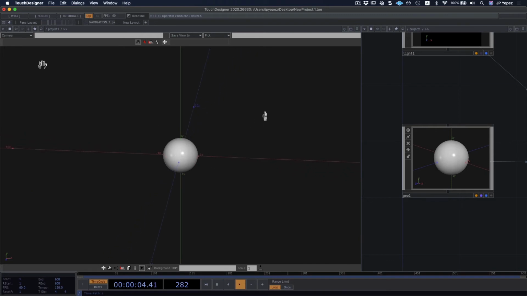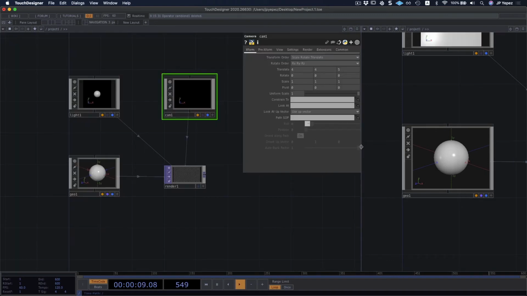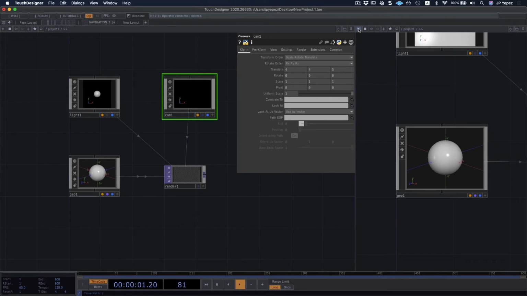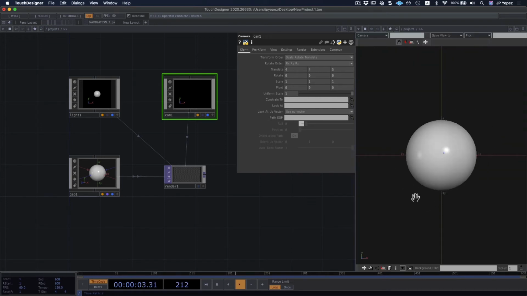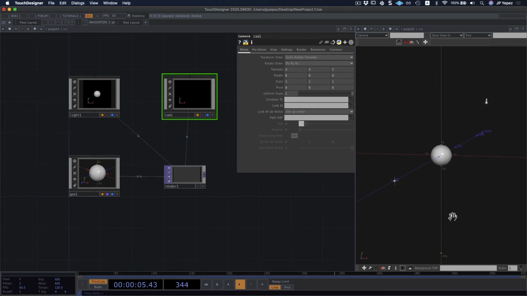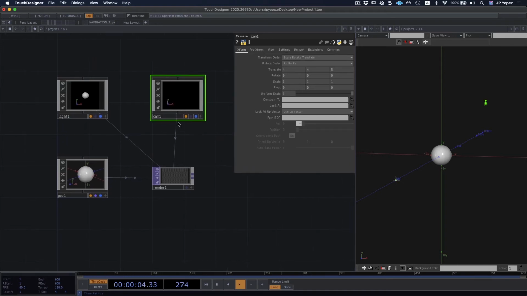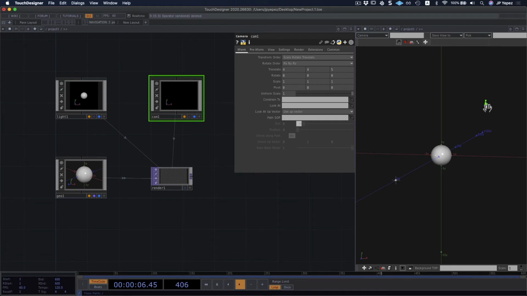You have your scene. We're going to go back to our network editor, but I think it would be really useful to keep our geometry viewer right here on the right side of our screen. Maybe that's a good layout to work with right now. Now, the problem that I have right now is that my camera is in the right position. I want it slightly above and to the right of our object. This is the default position. This is where we have our camera.